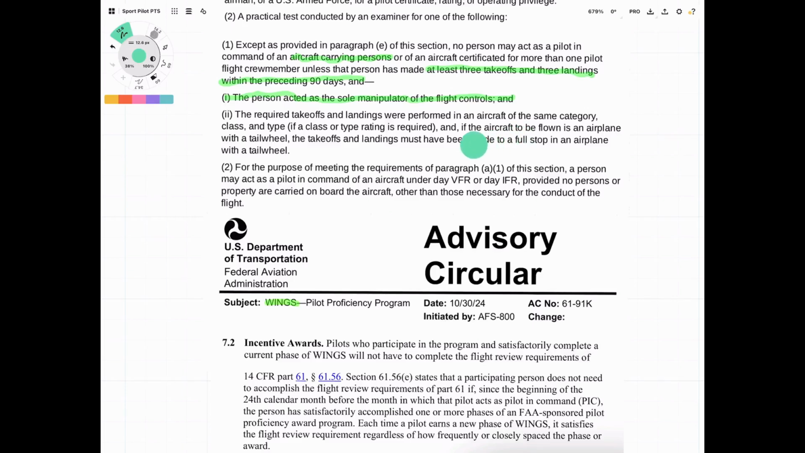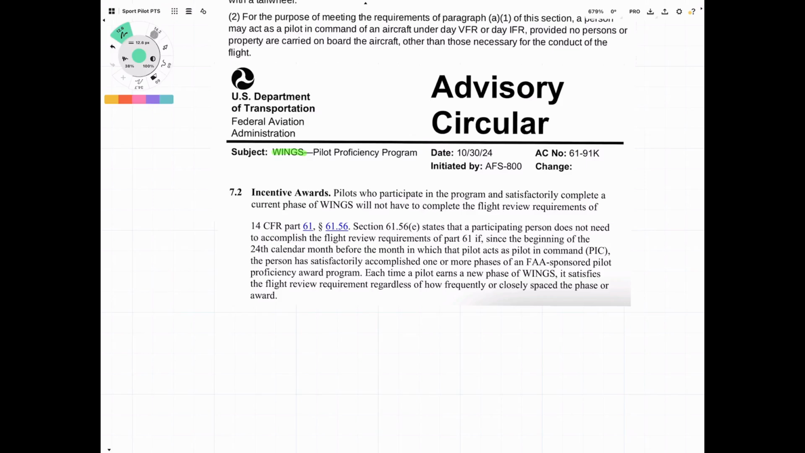The last part of this is, I should mention down here, there's an advisory circular. This is 61-91K, and it's on the Wings Proficiency Program. And one of the things that this advisory circular states in 7.2 is that a